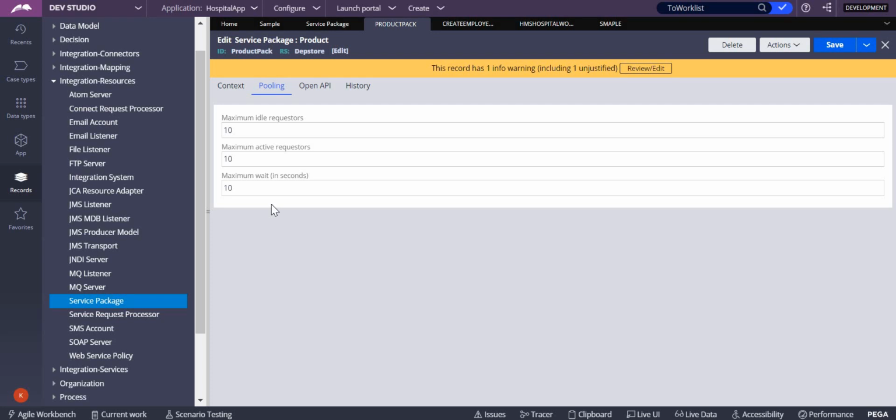Once the execution is done, it will move to the idle requester. So at a time 7 or 8 requesters are there, yes, you can go with that because you have ample idle requesters and active requesters over here. Only if it is very new will it create a new requester. If not, it won't be creating a new requester at all. Okay, so that is about maximum idle requesters and maximum active requesters.